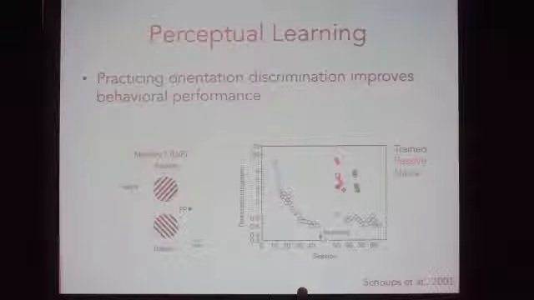Perceptual learning is just the observation that if you practice a task, for example, this visual discrimination task, you get better over time. In a standard experiment, you have a monkey focus at a fixation point, and then you show it this rotated Gabor filter in its visual field, and you just ask it, was that clockwise or counterclockwise? It's about the simplest thing you could extract, but as the monkey practices this, it gets better and better and better. It can actually get very, very good. So it's very fine, small orientation differences that it's detecting.